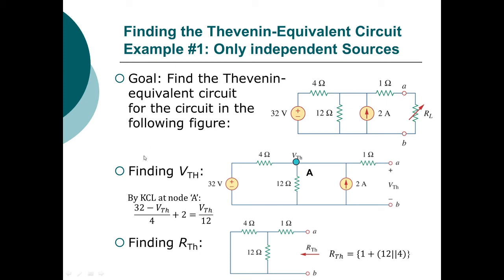So in step 1, what we have done is removed the load resistance RL, and we will try to find out the voltage appearing across these terminals. See, both the sources, the independent voltage source and current source, are acting here, and we are trying to find out the voltage across the terminal AB.